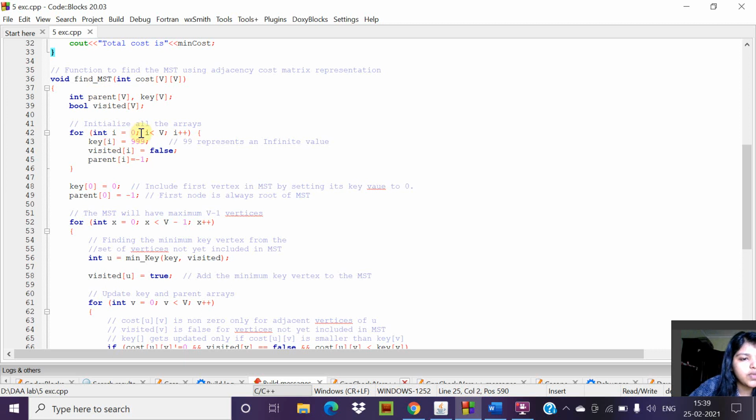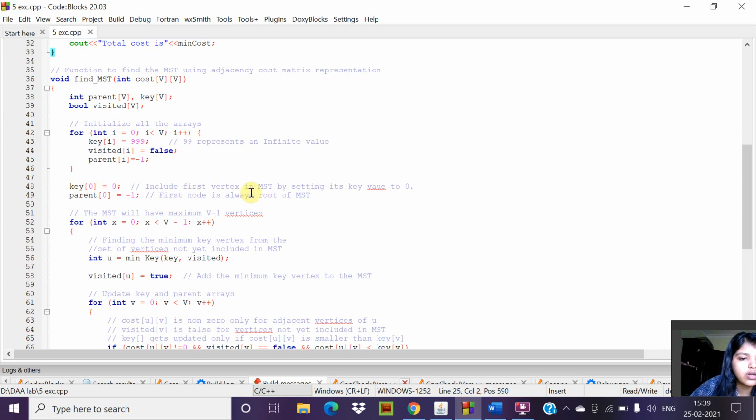Then using a for loop, we are initializing i equal to 0, i less than V, i plus plus. Then we are storing 999 into key of i and false as visited of i, and minus 1 into parent of i.